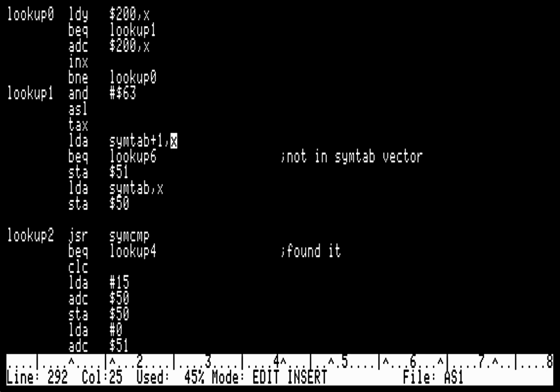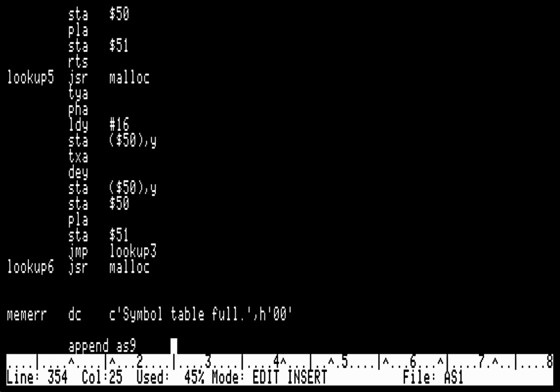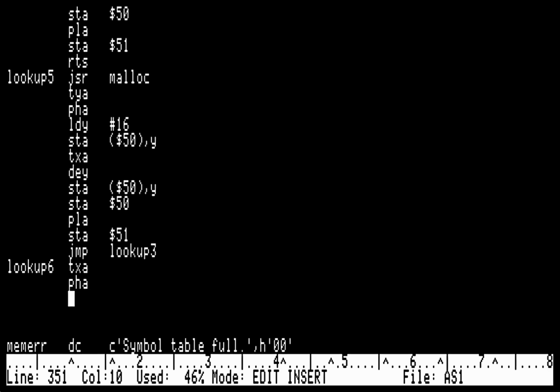It has our offset into the symbol table. Okay, so move it to A, push it, JSR malloc, and